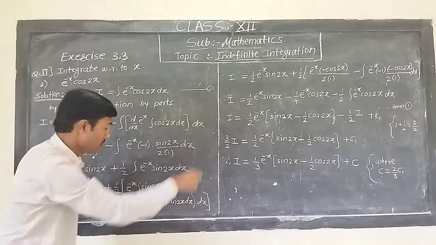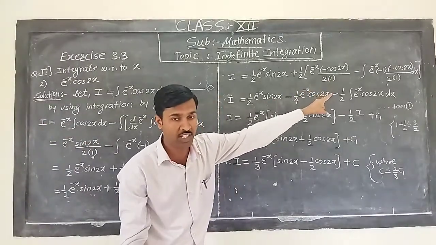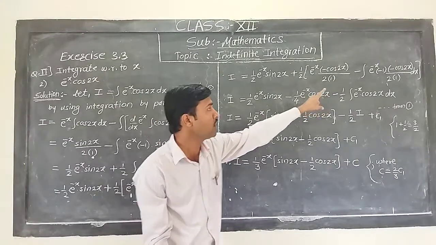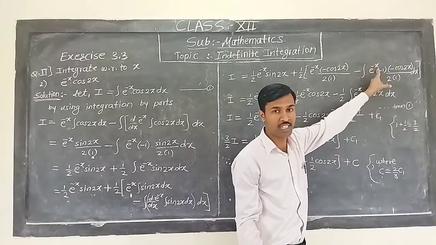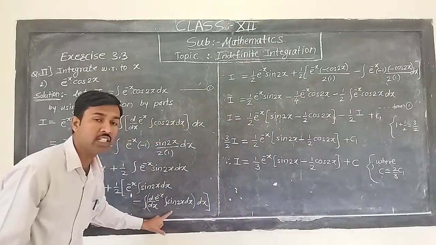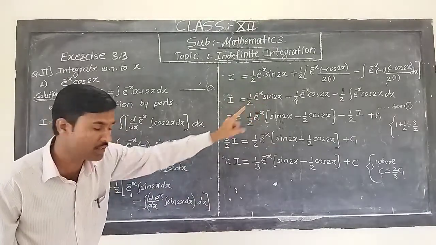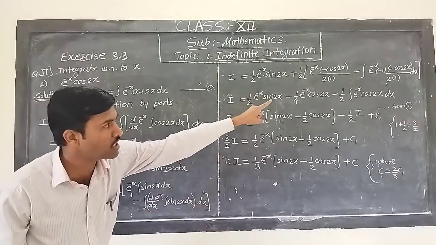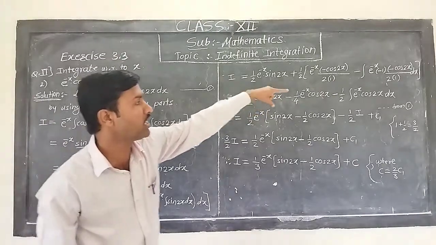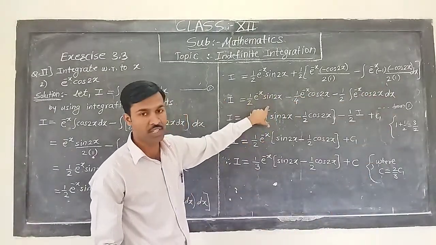Minus integration. The derivative of e raised to minus x is e raised to minus x, but as it is minus x, after differentiating that minus x in multiplication, it is minus 1 into the integration of sine 2x dx. The integration of sine is minus cos, so the integration of sine 2x is minus cos 2x, and the derivative of 2x in the denominator is 2. Now this term remains as it is.